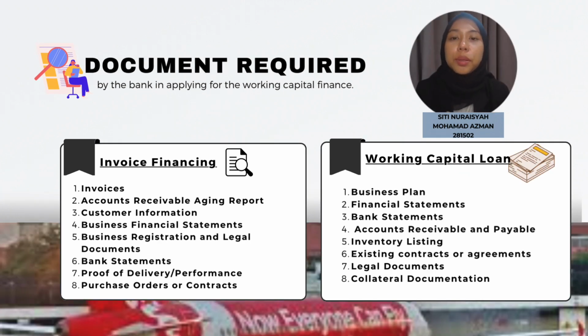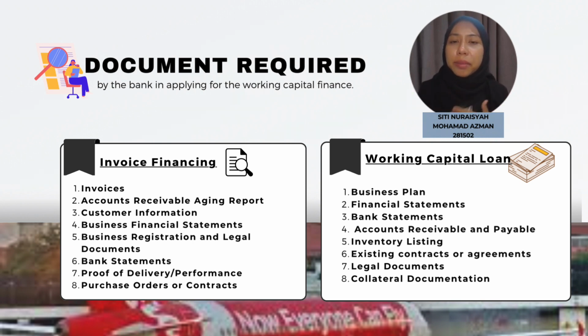Businesses who want to use invoice financing as working capital must prepare the following documents. Number 1 is invoices. Lenders demand invoices to verify the presence and authenticity of receivables and use them as collateral for borrowings. Second one, we have the account receivable aging report. They will evaluate the timeliness of client payments and detect any potential hazard related to late payments or delinquencies